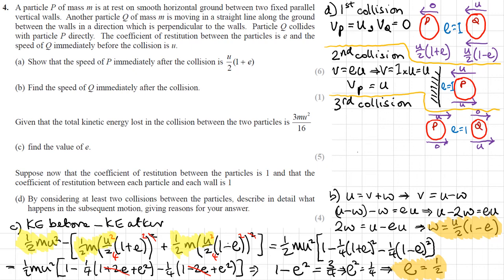So in the third collision, I could say that it will be the same, and I'll put that in quotes because it's not exactly the same, but the velocities are the same. What's happening is the same. One particle moves off at the same speed as the other one was moving towards it, and then the particle that was moving comes to rest. So it will be the same as the first collision,